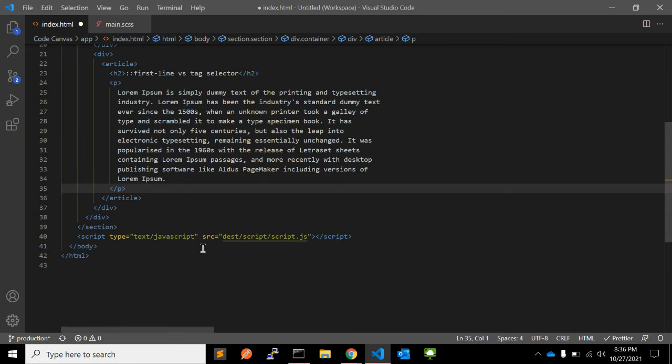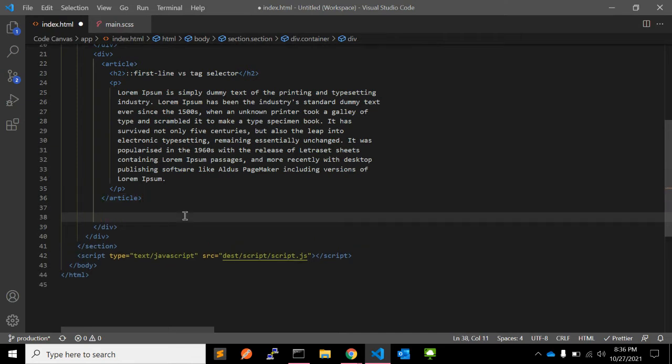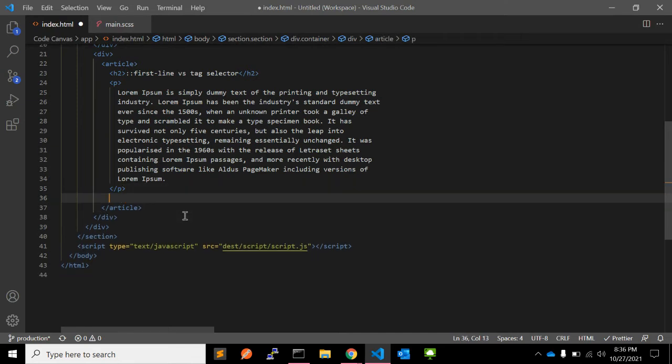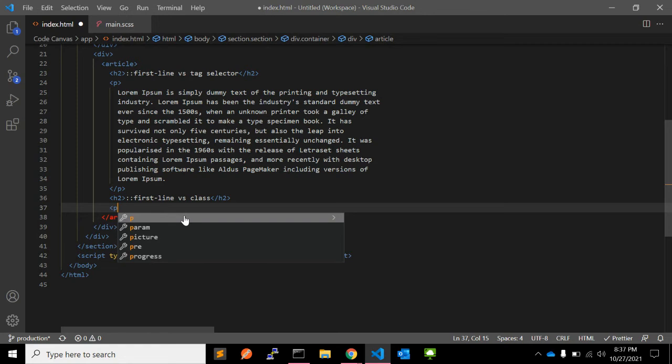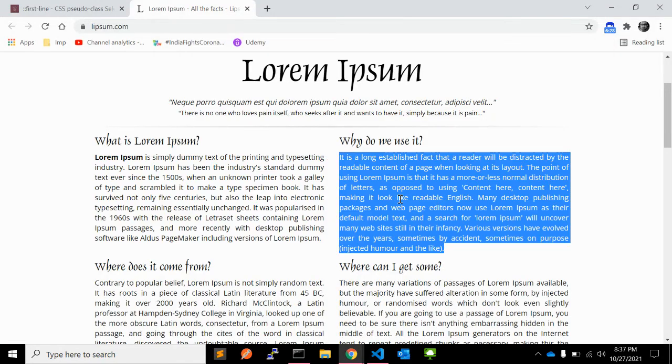In this article, you can also apply some inline tags if you want. Let's add another h2 in the same article. This will be first line versus class selector. Again, add a p tag and add some dummy text.